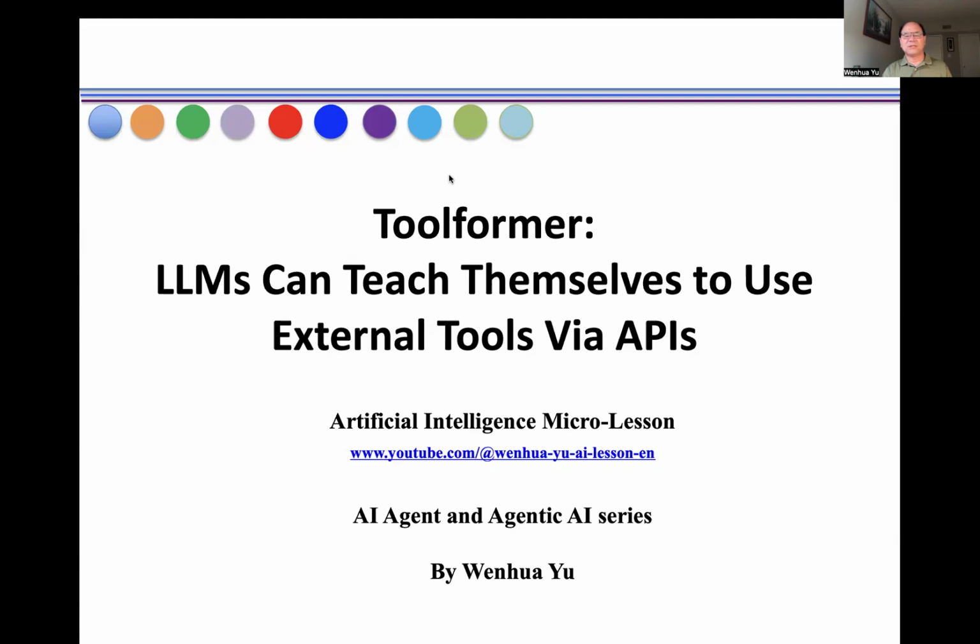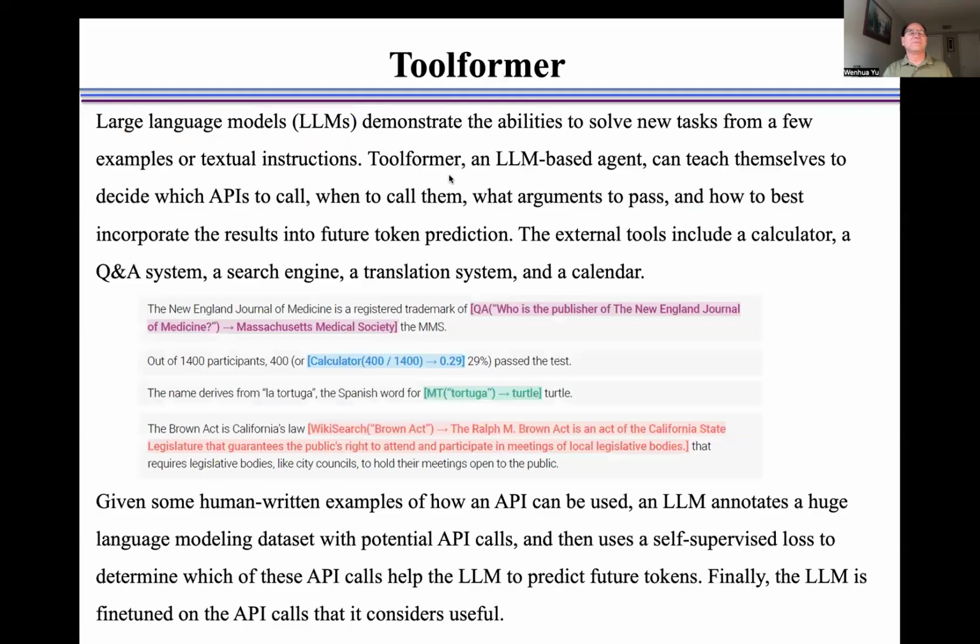Can teach themselves to use external tools via APIs. Large language models demonstrate the abilities to solve new tasks from a few examples or textual instructions.